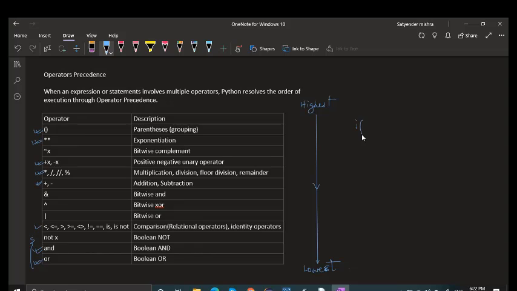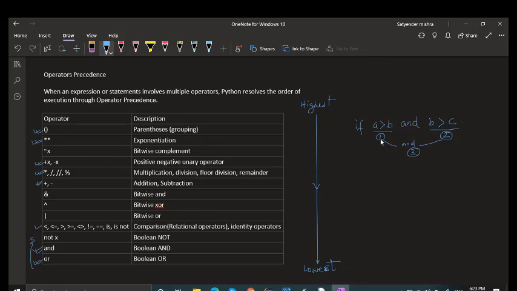If you have written the expression if A is greater than B and B is greater than C, it means this first expression will evaluate, then this second expression will evaluate, and then 1 and 2 will be evaluated. That is the third part of the expression.